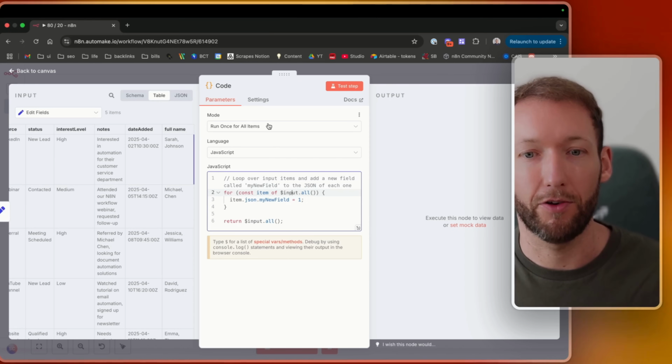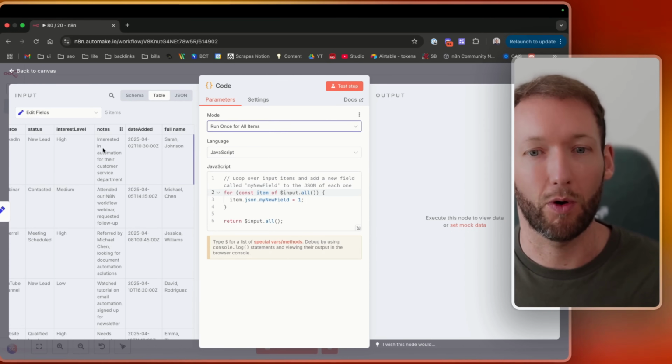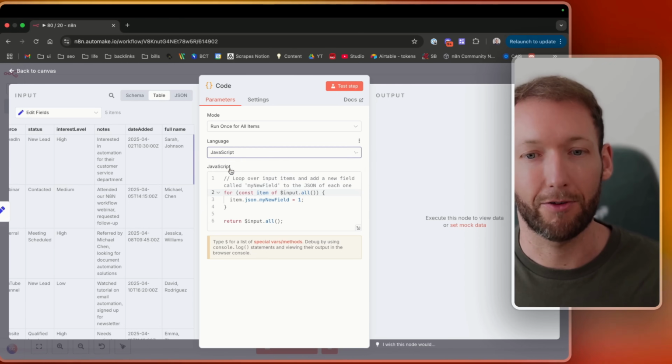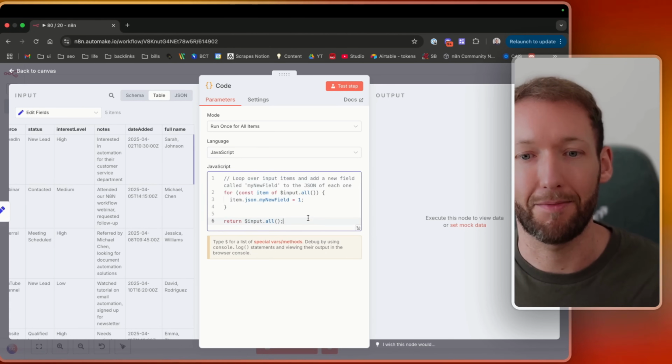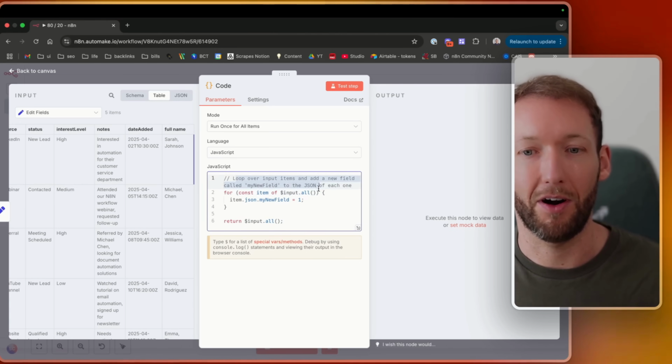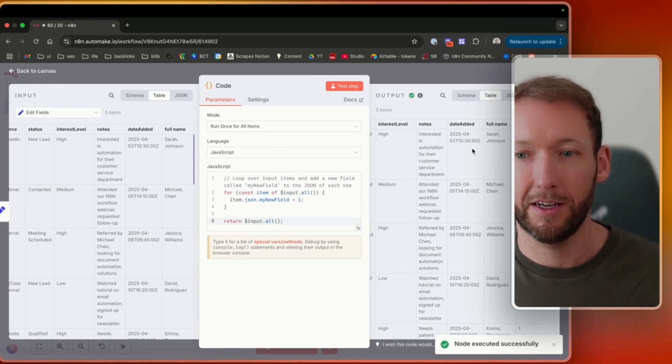Once we open this code node, we can say we want to run it once for all items that come in. We want to choose the language. I commonly use JavaScript because that's what I'm familiar with. And then it will populate with an example that says loop over the input items and add a new field to the JSON of each one. So the example basically loops over all the items, and we can see it here,